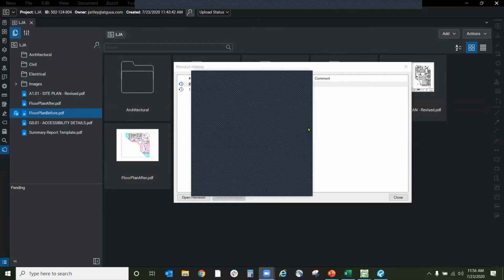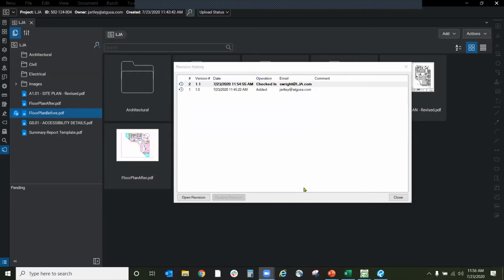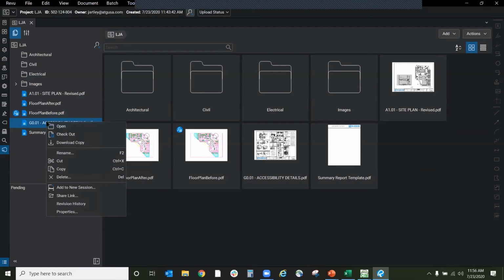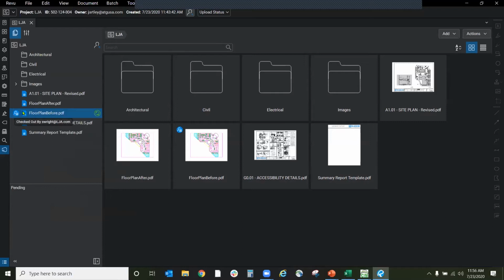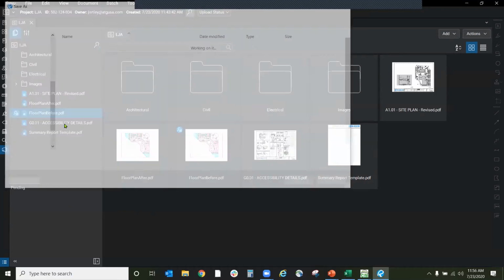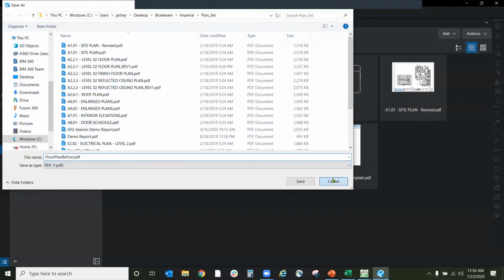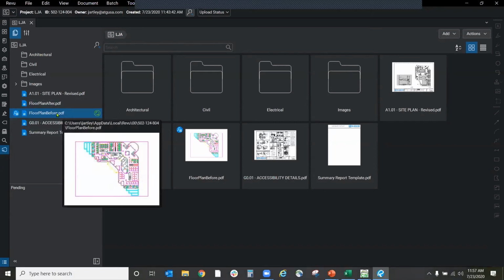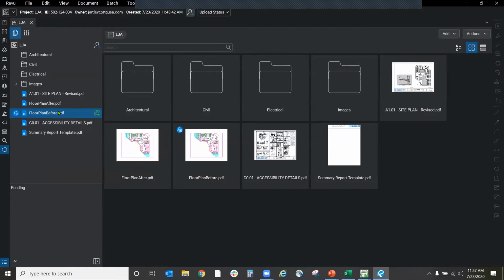Good question. Can you free a file that someone has been sitting on or they left for vacation? Not that that would ever happen, right? But it does happen. So what do you do if that file is there? What you'd probably have to do is just download a copy of it. So even though this is checked out, I can download a copy, make my changes, and then put it back up, and I'd have to give it a different name. So I would lose the revision history part of it, but if I named it properly or put some comments in it, that would help tell it apart. But yeah, if this is checked out by somebody else,